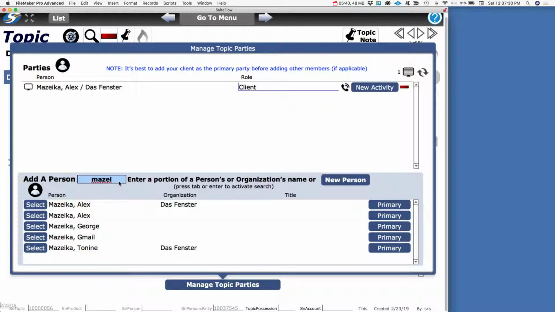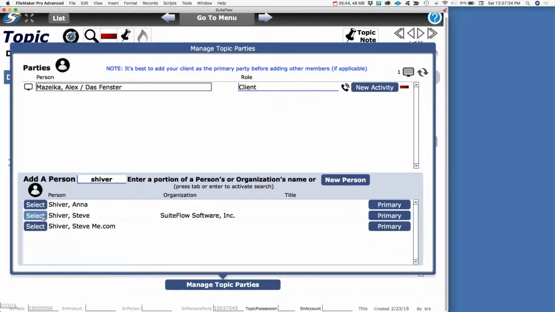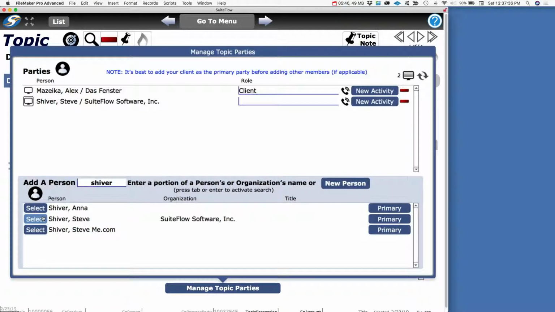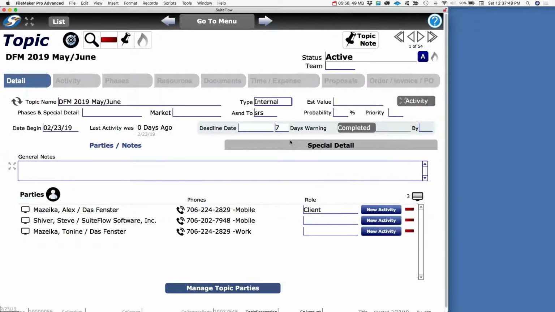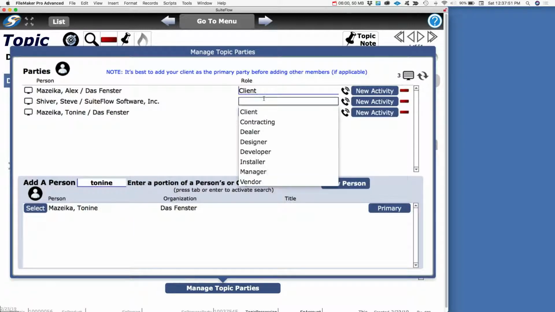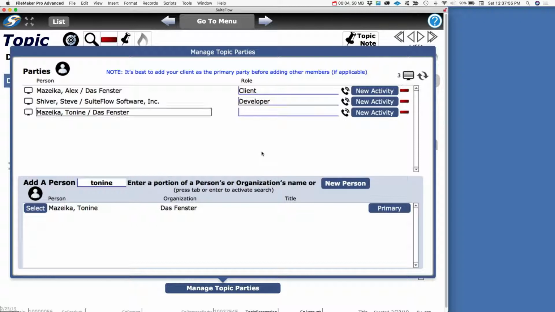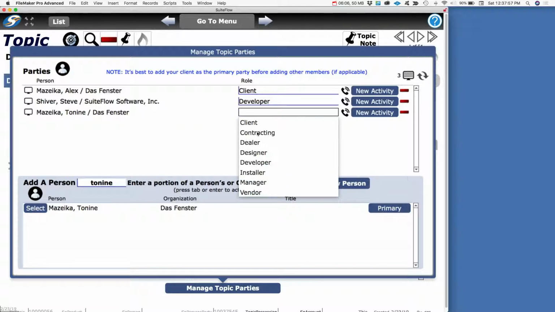And then we're going to also add me for purposes of the movie right now. And here we go. And then we'll also add Anthony or Tonine, your assistant, right? Yep. There we go. Okay. And I'll be your developer, we'll say. And Tonine will be